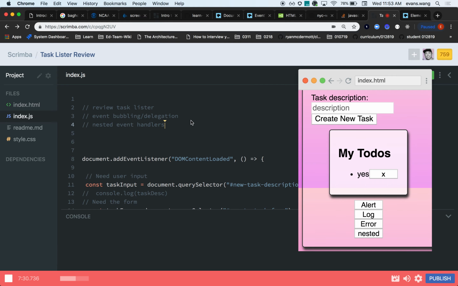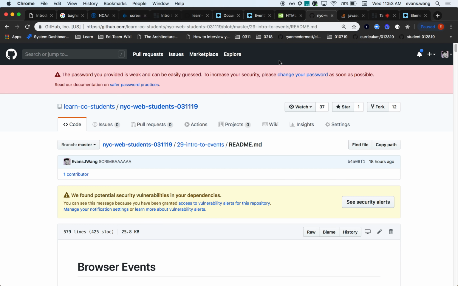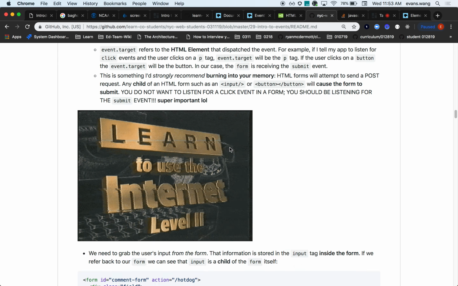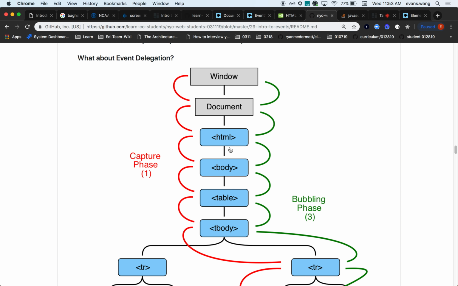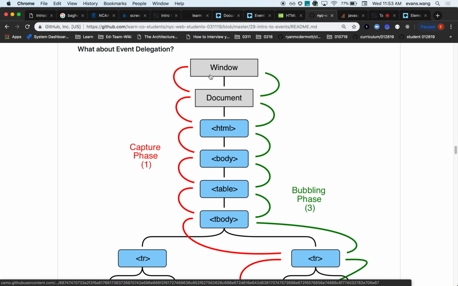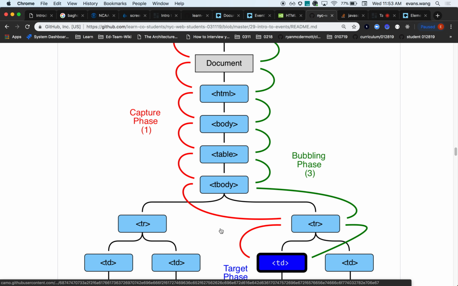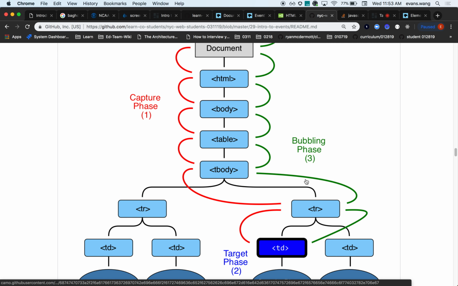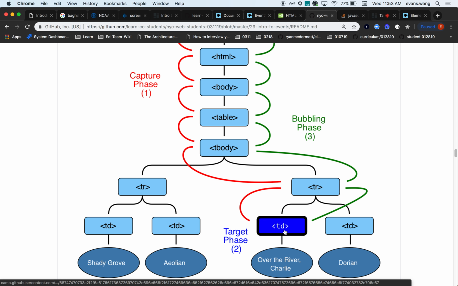Cool. All right, event bubbling and delegation. This is important. So, what is event delegation? Event delegation is the fact that whenever an event fires, there are 3 phases. There's a capture phase, a target phase, and a bubbling phase. So, if I click on this TD, or this TR, this table row, for example, whatever,